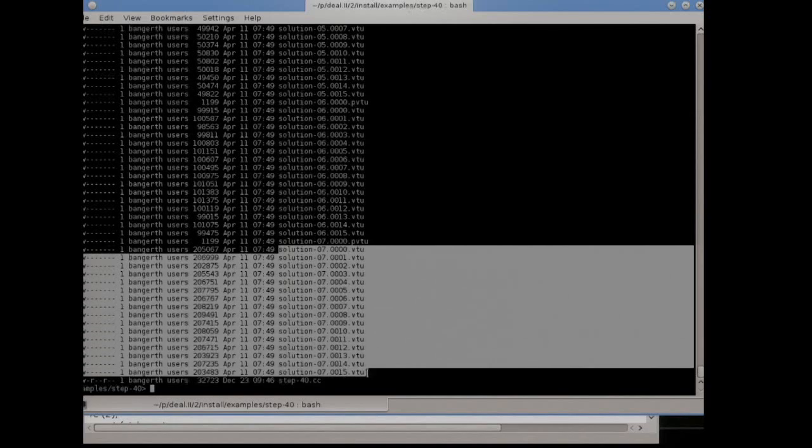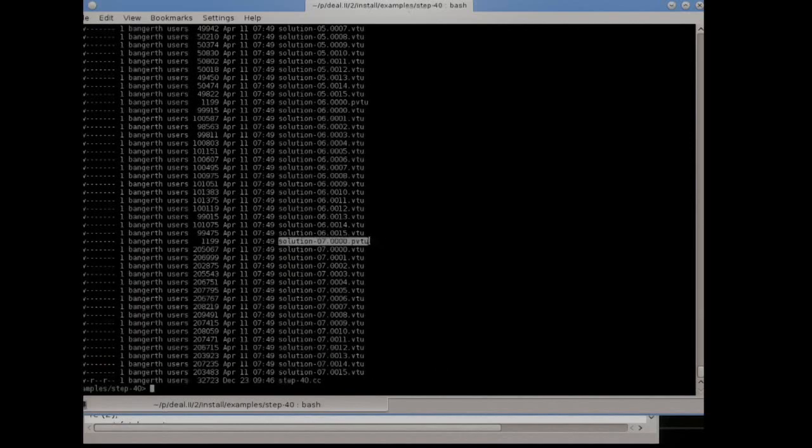So that's from the 16 processors that I ran it on. And then there's one file that we have also created that is called .pvtu. That's a file that we use for ParaView